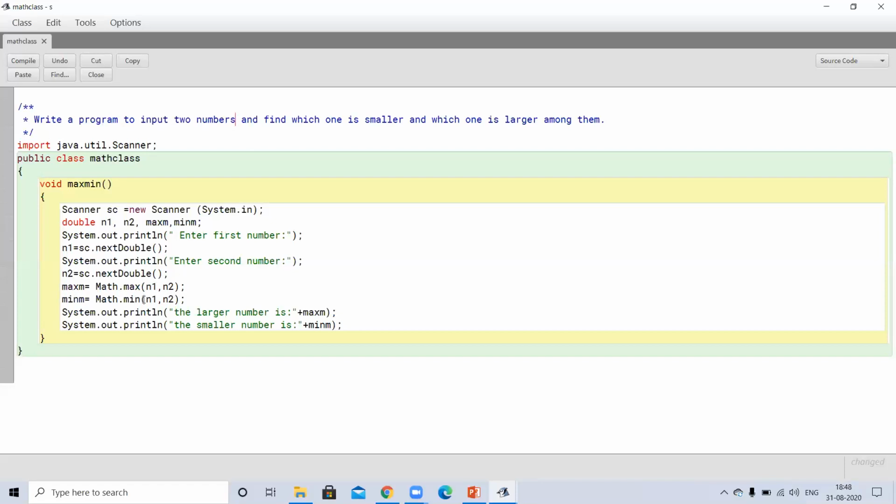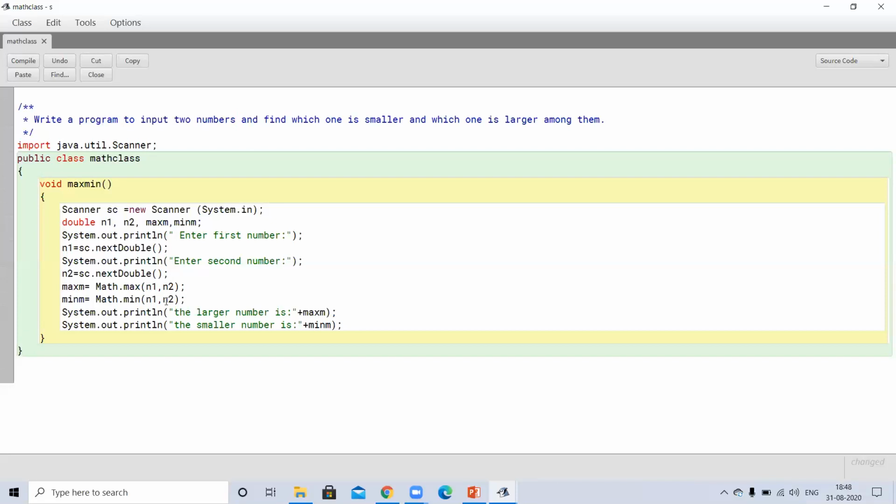Now minim, we will use which function? Min function, math.min function. And here again we will pass two arguments, n1 and n2. Among these two we have to find out which one is a smaller number. So after using max and min function, we can find out which one is maximum, which one is larger number, and which one is smaller number.